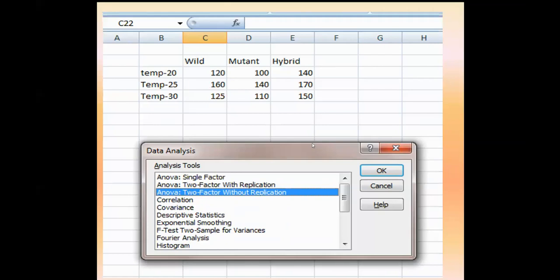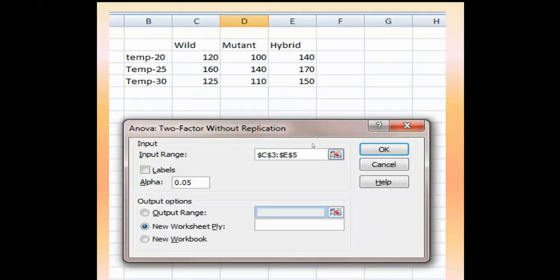We will click two factor without replication. Then all these numerical or quantitative values will have to be selected. When you select them, the entire quantitative value will come in the input range. Then you have to click OK. When you click OK, you will get this